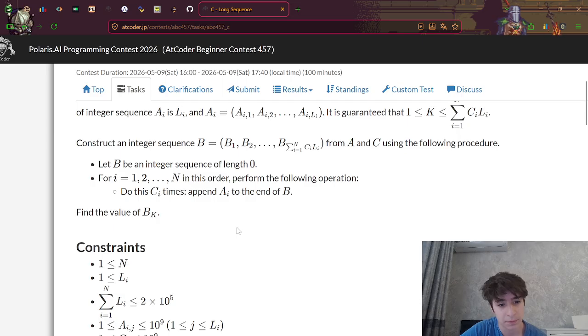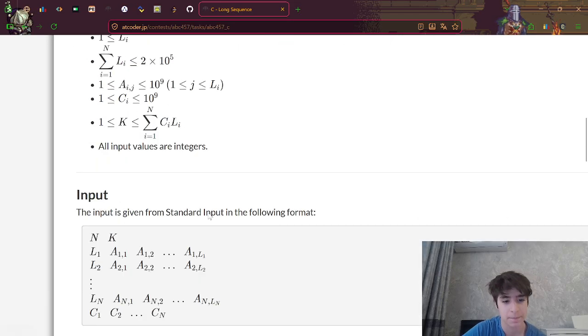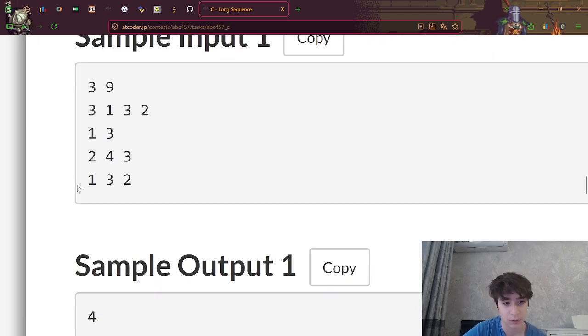Find the value of P and K. There is CY times append AE, yep. I do it by order, so it's going to be way easy to solve, I think so. Wait a minute. I think so, I got this. For example, 1, yep. 1 multiplied by LE is going to be 3, 9 minus 3.